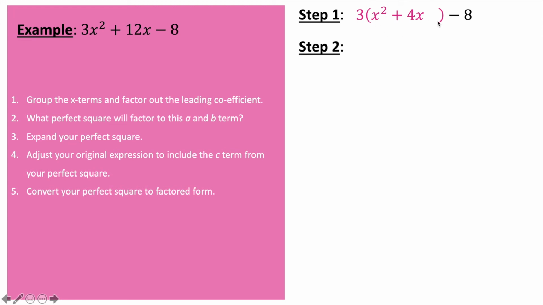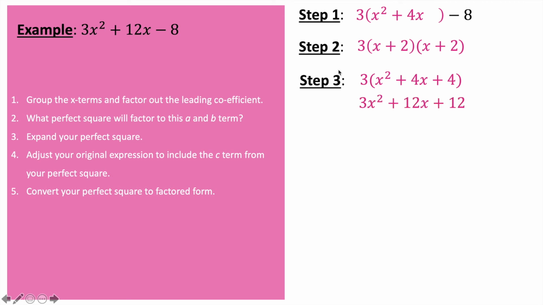I know that 2 plus 2 is 4, which means my h value will be positive 2. It looks like this, because when I factor out my expression, I'll end up with x times x squared, plus 2x times 2x, 4x, and a constant of positive 4, because 2 times 2 is 4. So I just got started on step 3, which is to expand that perfect square. I need to redistribute the 3 that I have outside my parentheses,